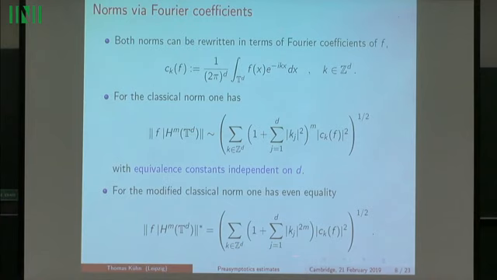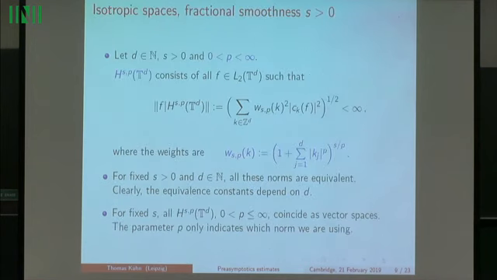So have a look at the weight. Here the weight is basically the 2 norm of the frequency vector to the power m. And here it's basically the 2m norm of the frequency vector. And it's clear, we are in a d-dimensional space, that they are equivalent, but the equivalence constants depend heavily on d. Okay, so these models lead to